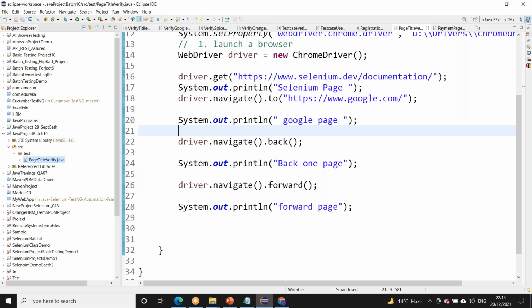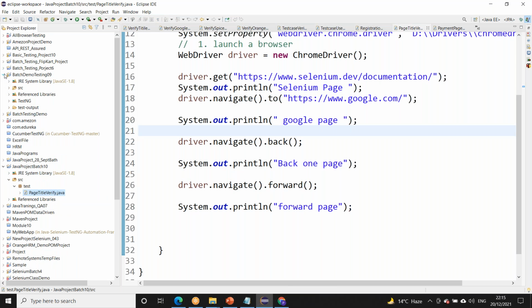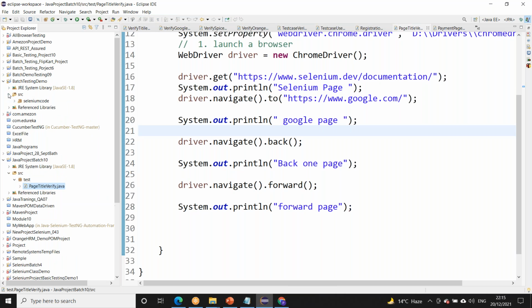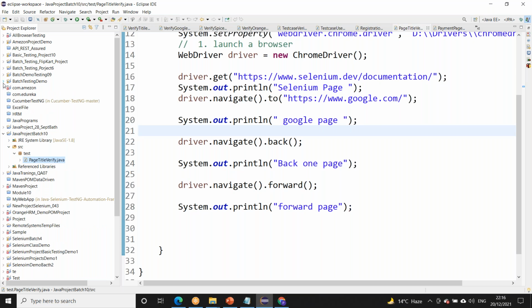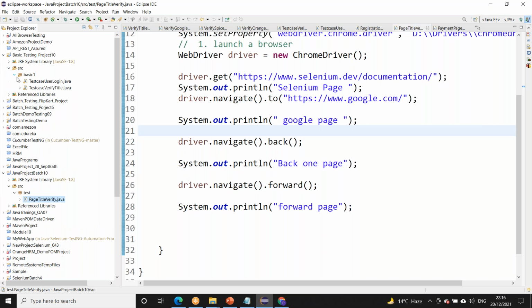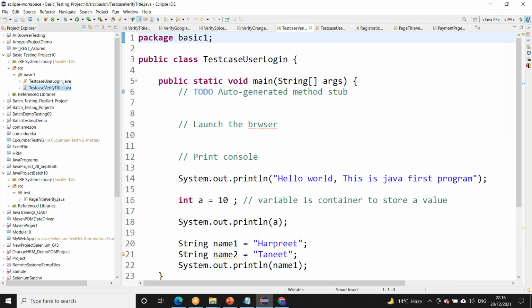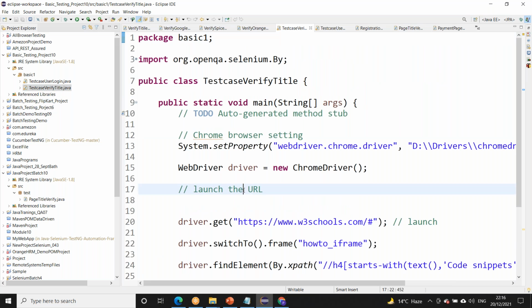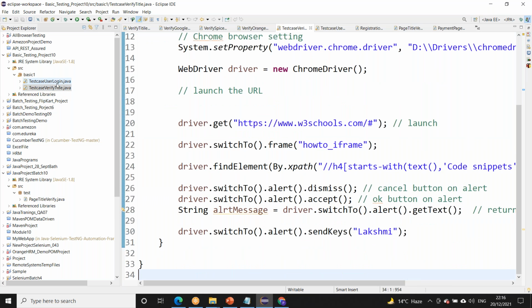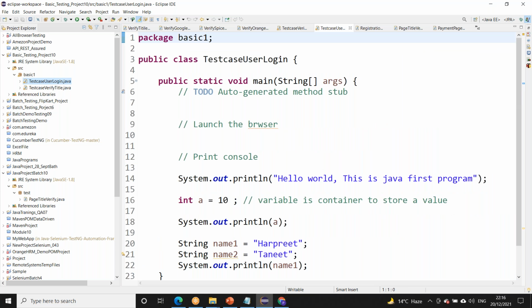No, Rajni, we have not covered this. We only did until the page title in the last class. Okay, fine, no worries.